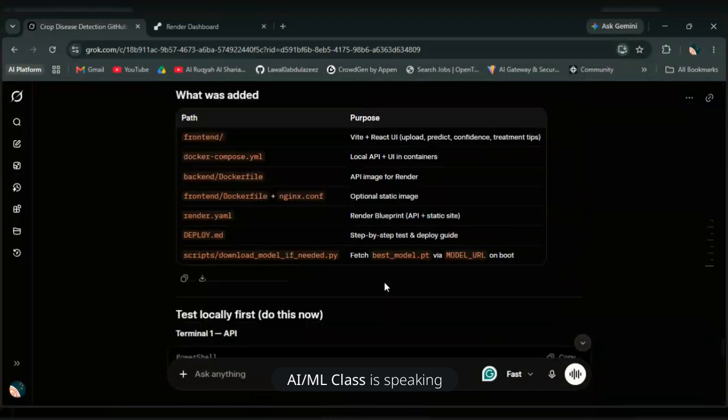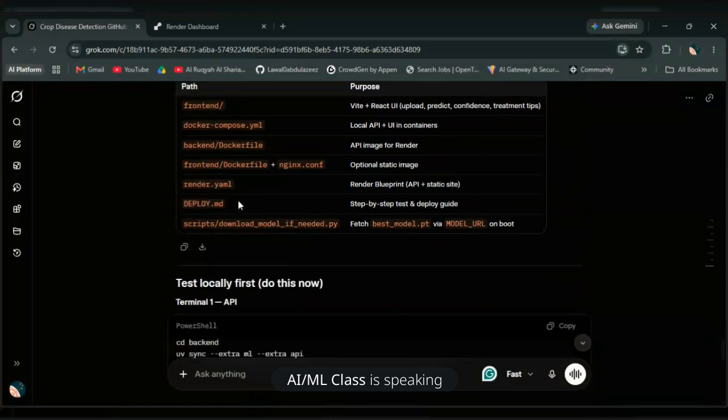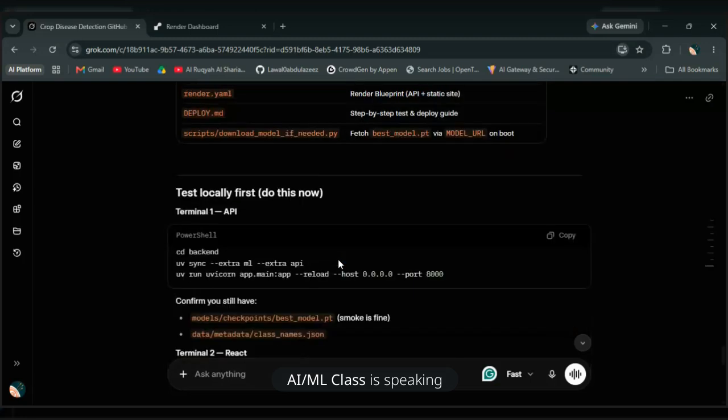Okay, yes. So run DEPLOY.md step by step as the deploy guide. There is a script, download_model_if_needed.py, that fetches base model.pt via MODEL_URL on boot. Okay. Now test locally first. So we do see this running. When we have it running,